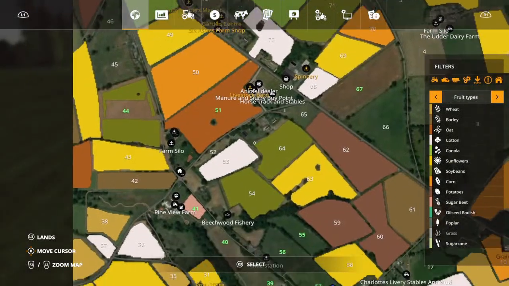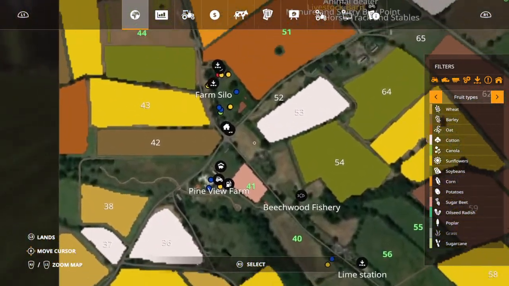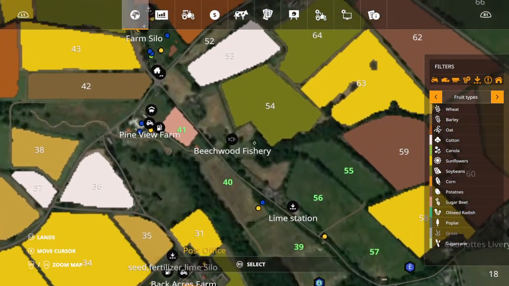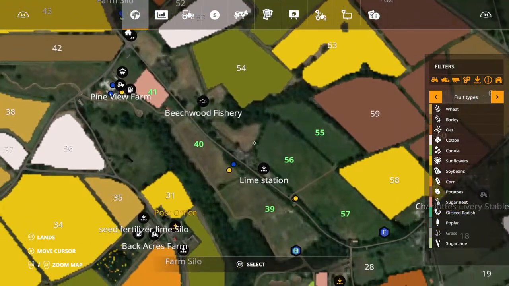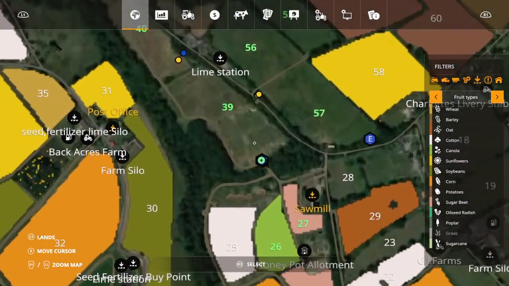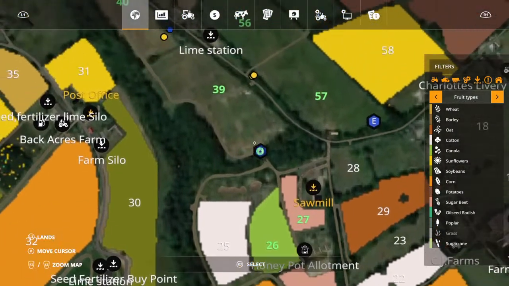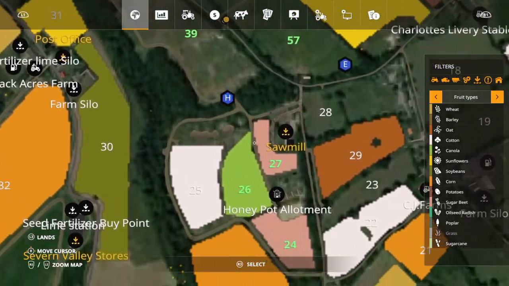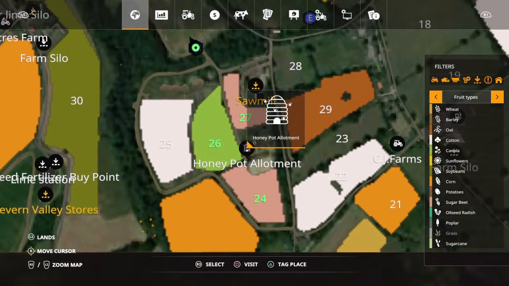I was also thinking about buying this beechwood fishery area, which is all of this grass here, all the way up, the little camping site I was showing you guys, and all the way up through here, all this grass back here, and it just kind of ties into our other grass here, all these fields here. Also, I noticed that the honey pot allotment is just right here, so all you do is go through this little road here, and right here, and this whole area is like the sawmill and the little honey pot allotment,